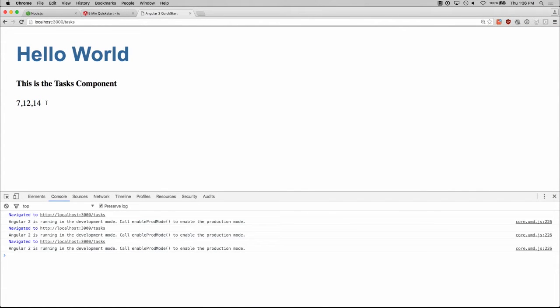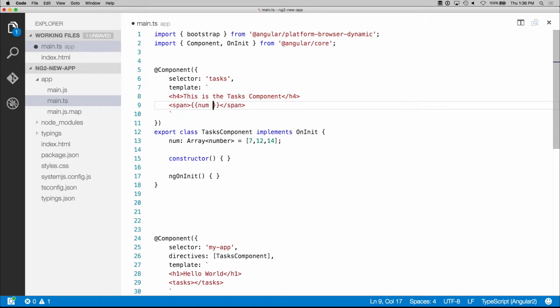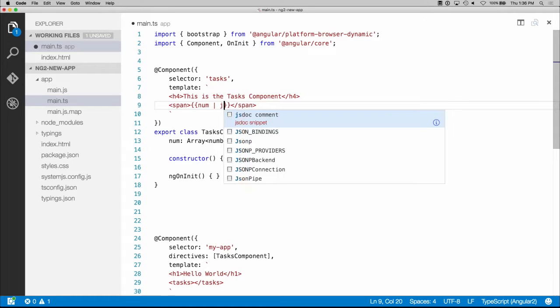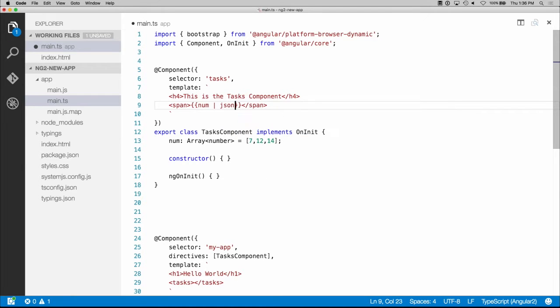But perhaps as I'm building this, I want to see all the content of that variable, whatever it might be, num or array or whatever it is. So we can use these pipes here and filters, essentially. They're called pipes now here in Angular 2. And give it, for example, the type of JSON. And so what this does is it takes num and it will print it as a JSON object. And you can do certain things like if you have a number and you want to print it as a currency, you can use currency, and you can even get in-depth detail about currency and date. So it's very helpful. But I'm going to do this for JSON just to show that